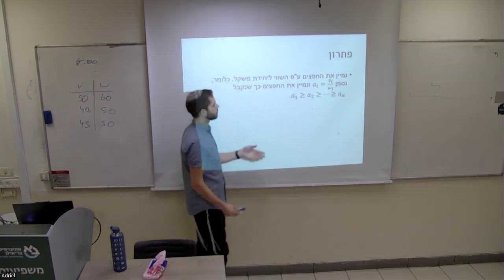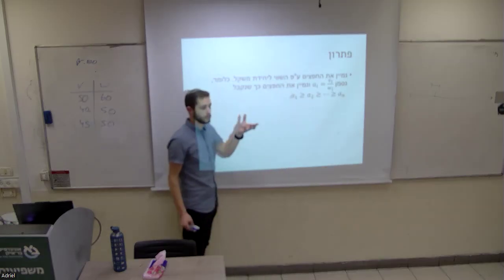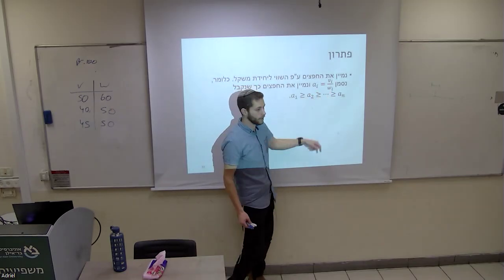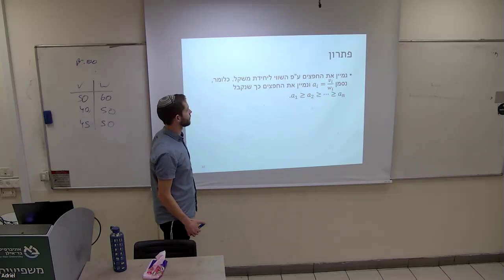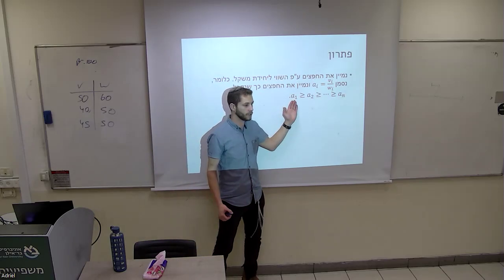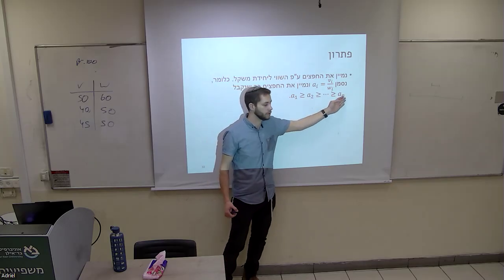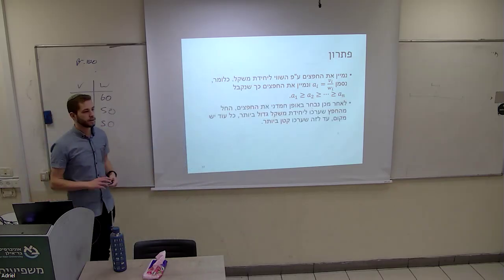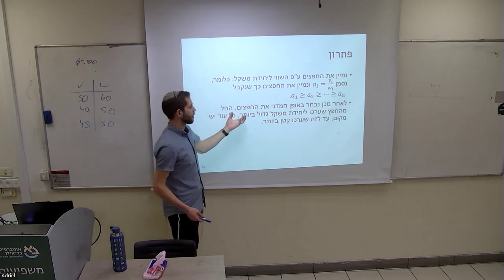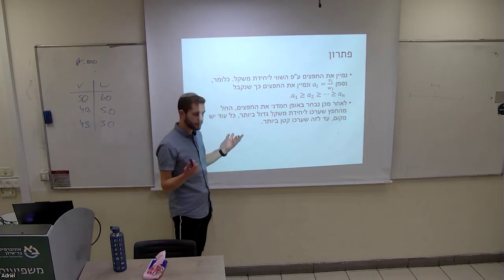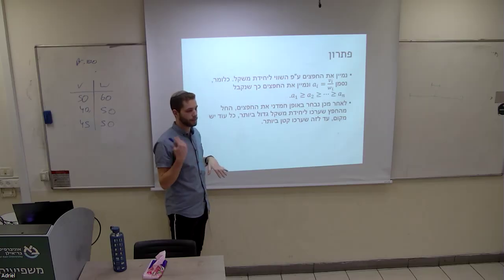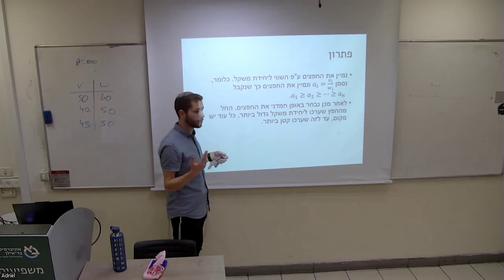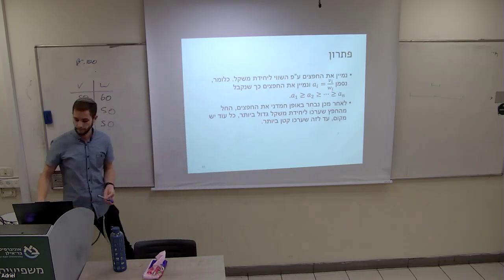Let's order all of the objects based on what you said, the ratio. We'll denote it as a_i, which is the value divided by the weight. We'll order all of the items such that the first item has the highest ratio, the second item has the second highest ratio, and so on to the lowest ratio. Afterwards, we're going to greedily take the items, starting from the one with the highest ratio. We take as much as we can and fill up our backpack. If we still have room, we'll move on to the second item and take from it, and so on until our backpack is full.